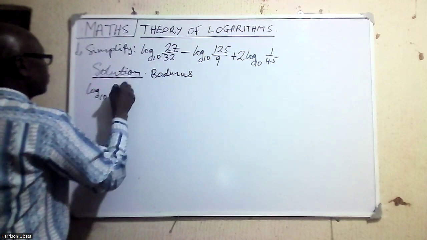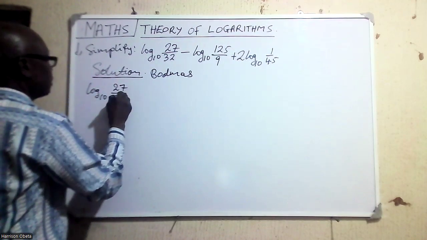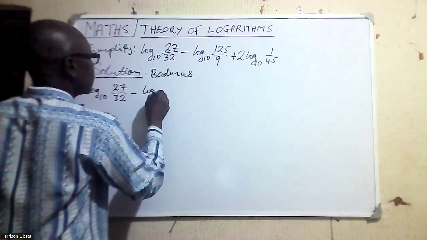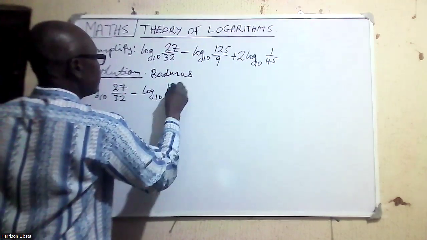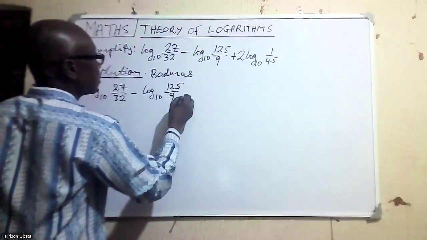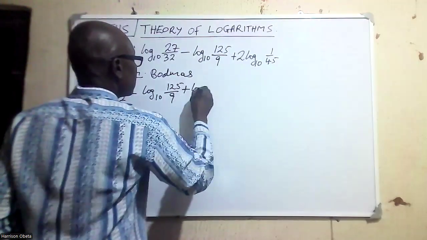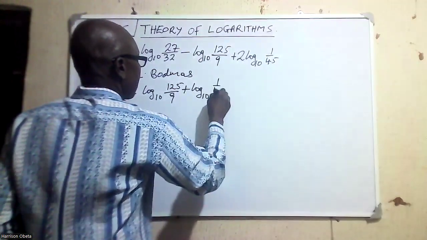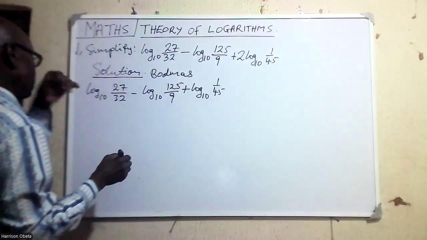log 27 over 32 minus log 125 over 9 plus 2 log 1 over 45. Going further,